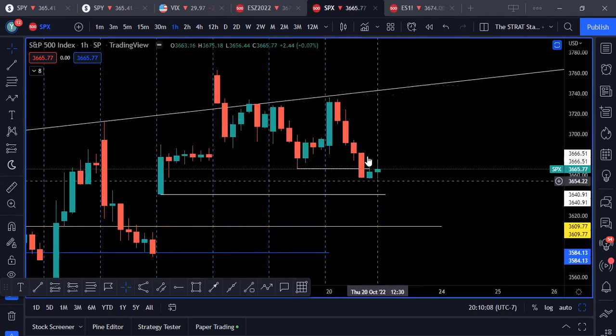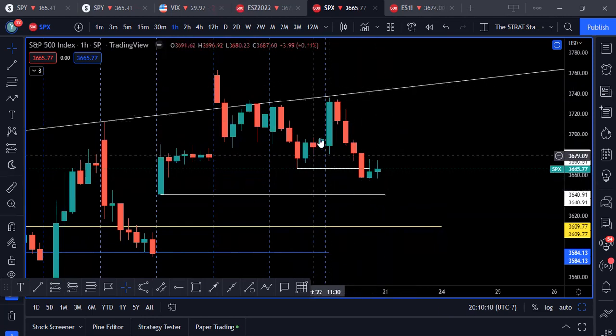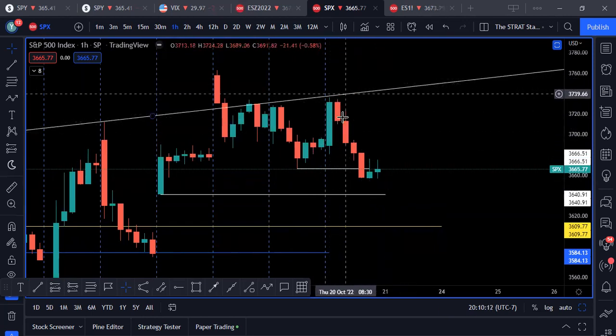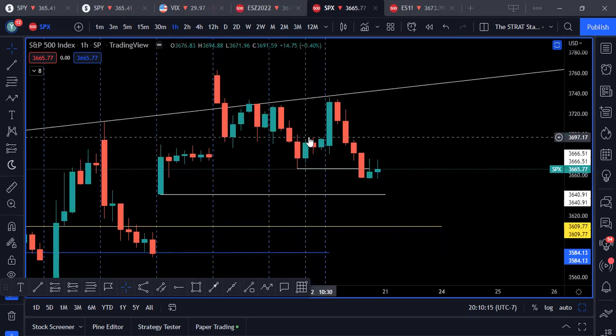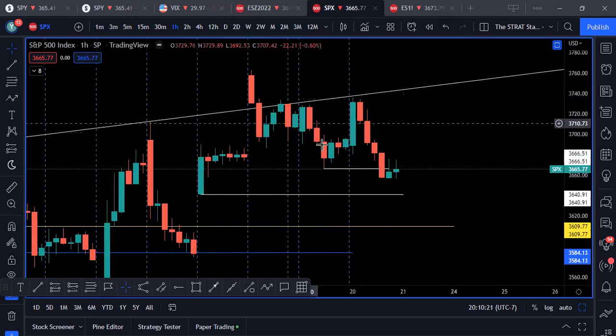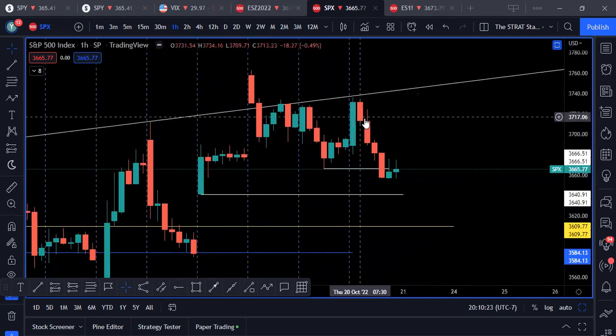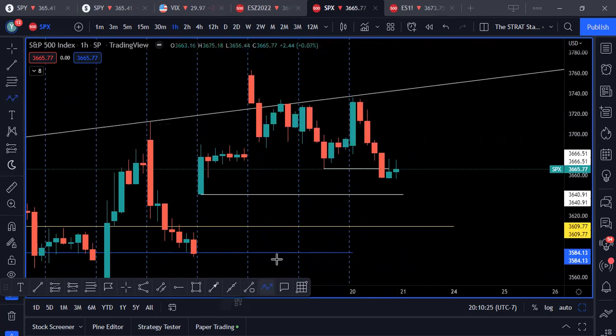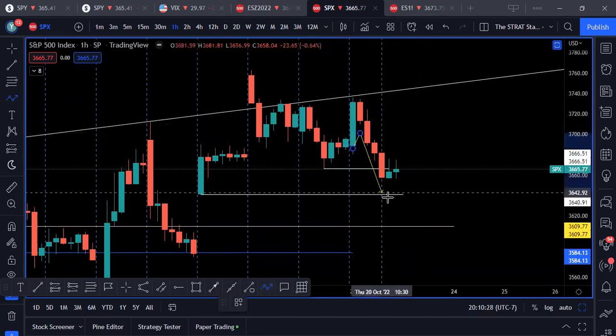Even though I had a feeling we were going to, realistically, I knew we were going to reverse because we're coming to the BF, but I didn't want to take the risk in SPS contracts because the beta was so much higher. If I was in spots, I wouldn't have cared. But we kind of just did exactly what I predicted. We just went a little higher. I was expecting us to really do this. That's what I was expecting.